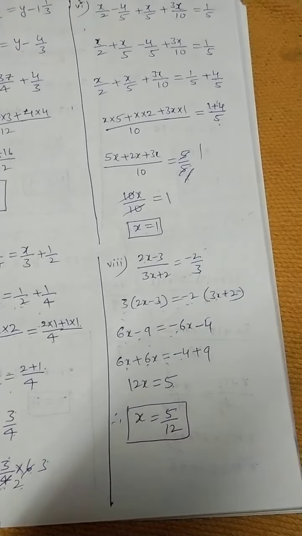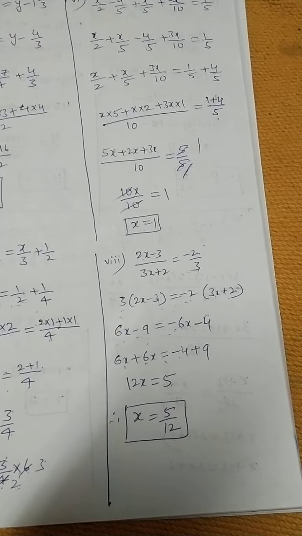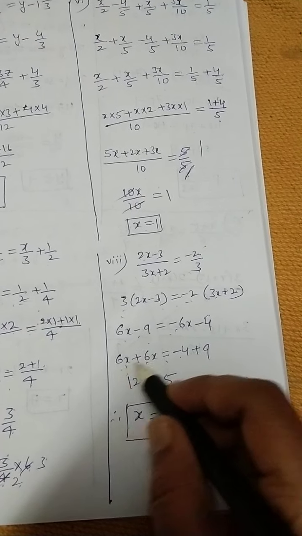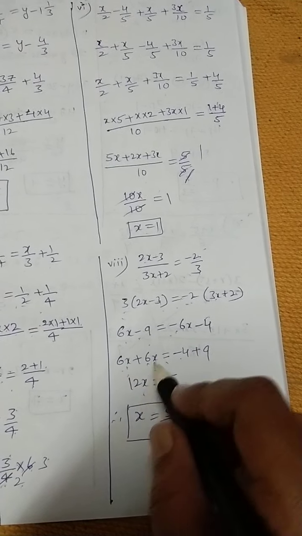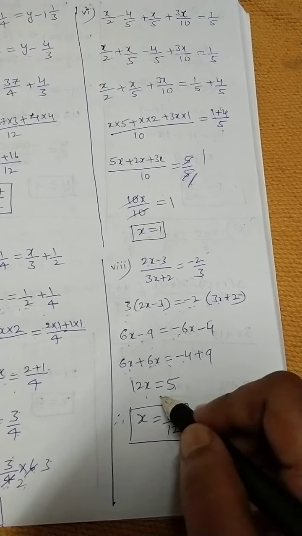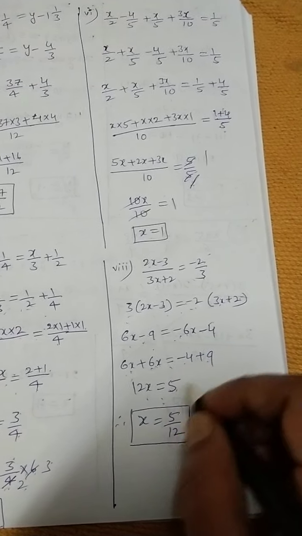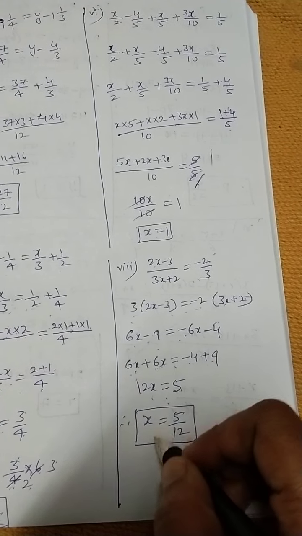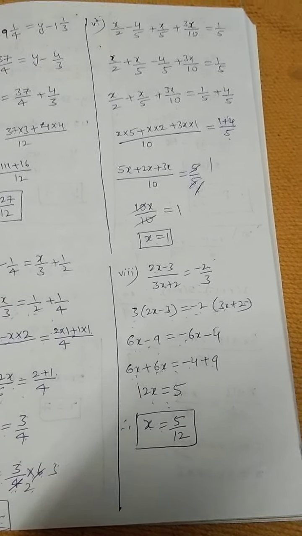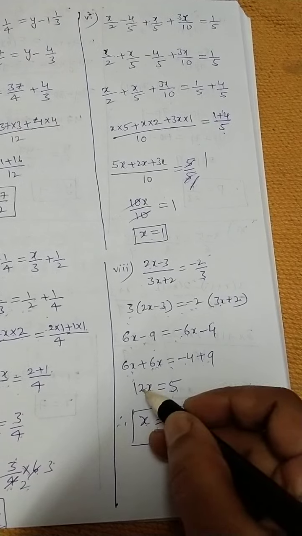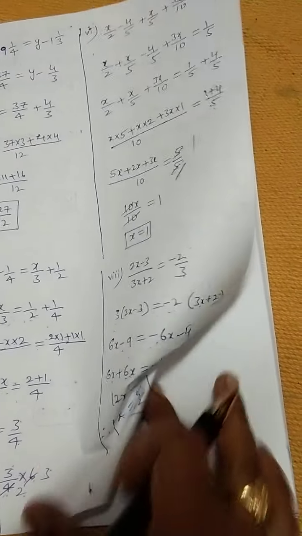Now minus 9 transposes to plus 9. Okay, next x plus 6x, plus 6x, 12x, if you add, then which is equal to 9 minus 4, in the sense 5 it will get if you do the subtraction. Now x is equal to 5 by 12. Here I took the transpose. Okay, next,